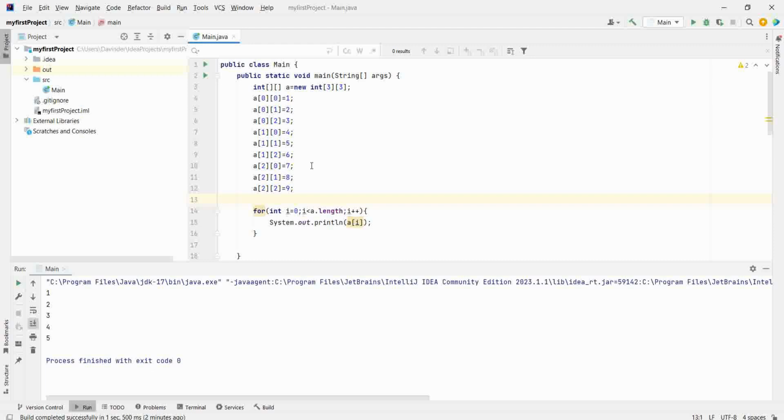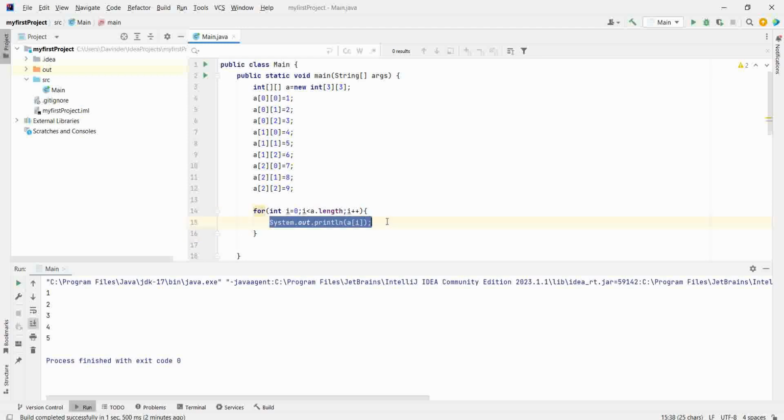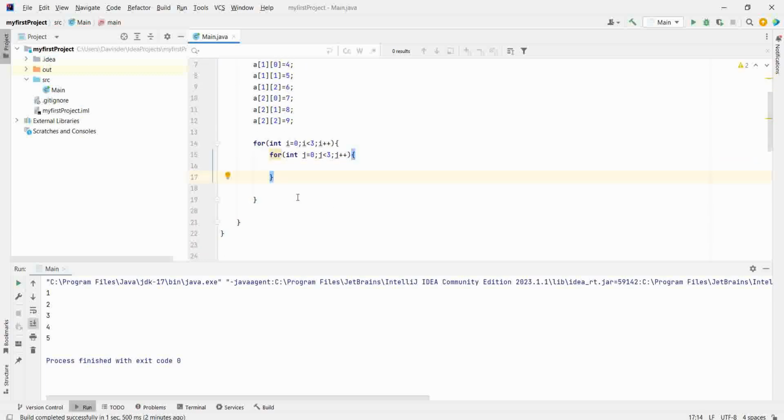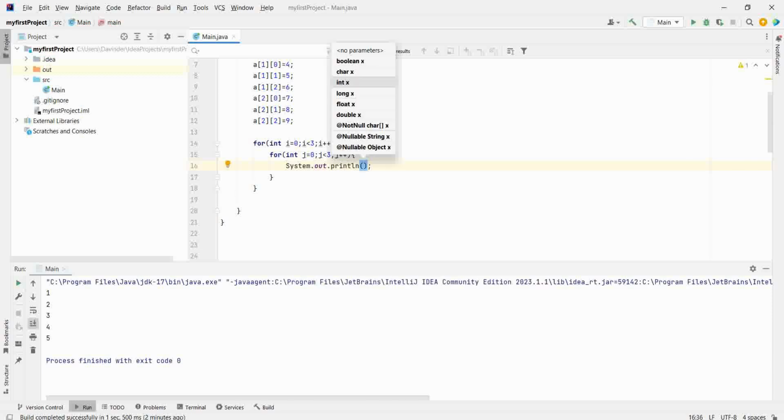Now how to print it? For i equal to 0, i less than 3, because 0 to 2, i plus plus, for j equal to 0, j less than 3, j plus plus, I want to print a of i j.